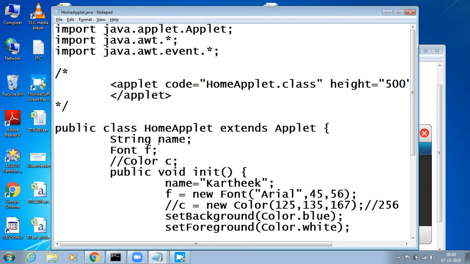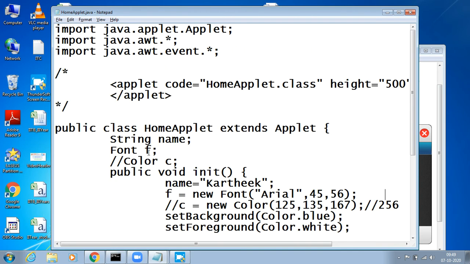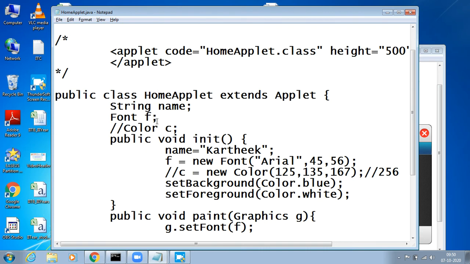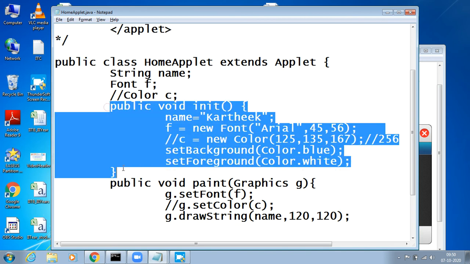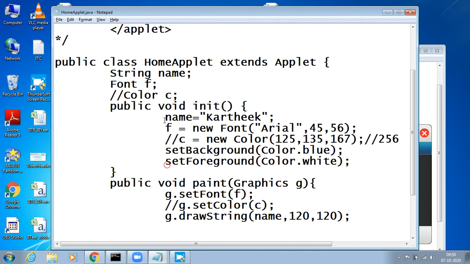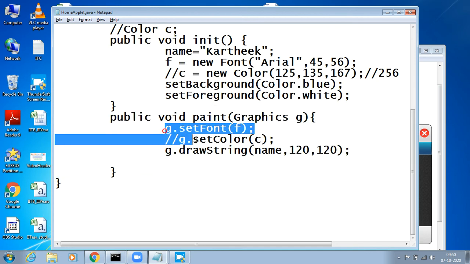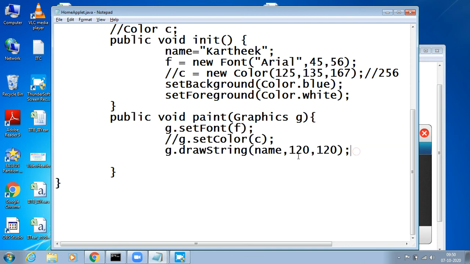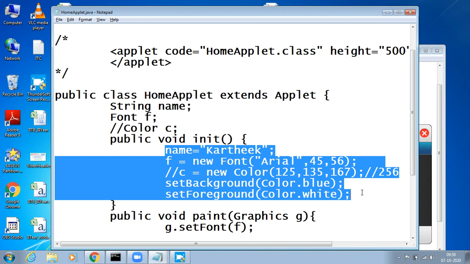Is it okay? In this particular single program I am doing a lot of things, so do not be diverted. Are you getting me? So I have done how to create the applet lifecycle and how to start an applet, what the applet code is, and the initializing method. The initializing method contains the complete initializations, and the paint method is used to do some paint operations on the applet. So the init method is used to initialize the values of the applet.